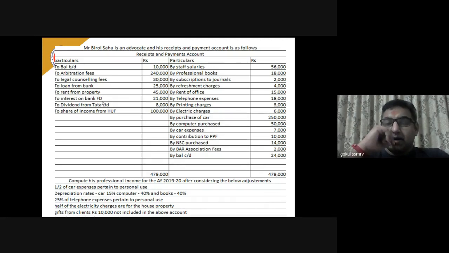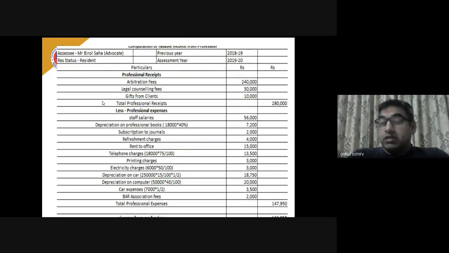Then interest on bank fixed deposit 21,000, that is also not part of your profession. Dividend from Tata Limited, not part of your professional income. Then share of income from HUF is also not part of it. So let us just quickly go through arbitration fees, legal fees, gift from clients, and those three are the professional